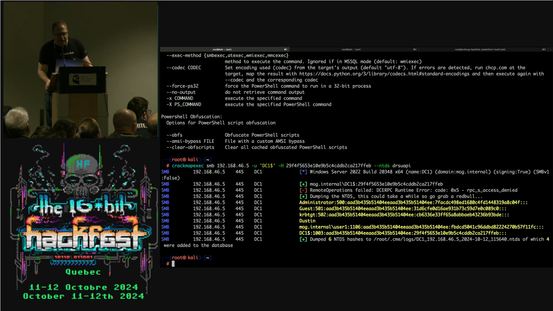Now, for those who don't know, this is what it looks like when you dump a domain controller. So what I did was I pretended to be the domain controller and told it to replicate everything to me. If you're in a defense role, like working in a SOC or doing detection engineering, here's a pro tip. Get a list of your domain controllers, make a SIEM rule that says if you see DC sync from a DC to something that's not a real approved DC, you probably have a hacker or a pen tester in your environment. You may want to rotate.